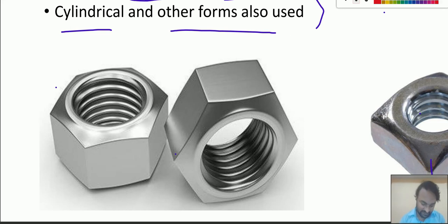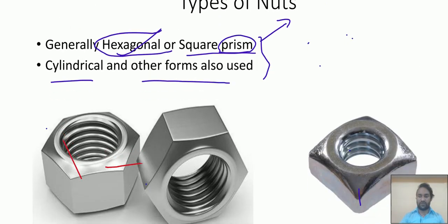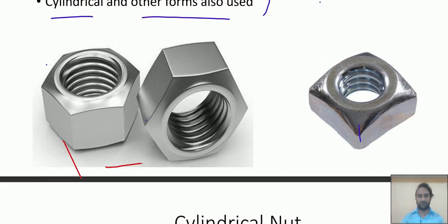So you see in hexagonal this, and then you see. I was talking about this nut, the hexagonal nut. I was discussing why we don't use other types. In some cases certain types are used, but not always. So how do we cut the internal threads here? By using a tap tool.